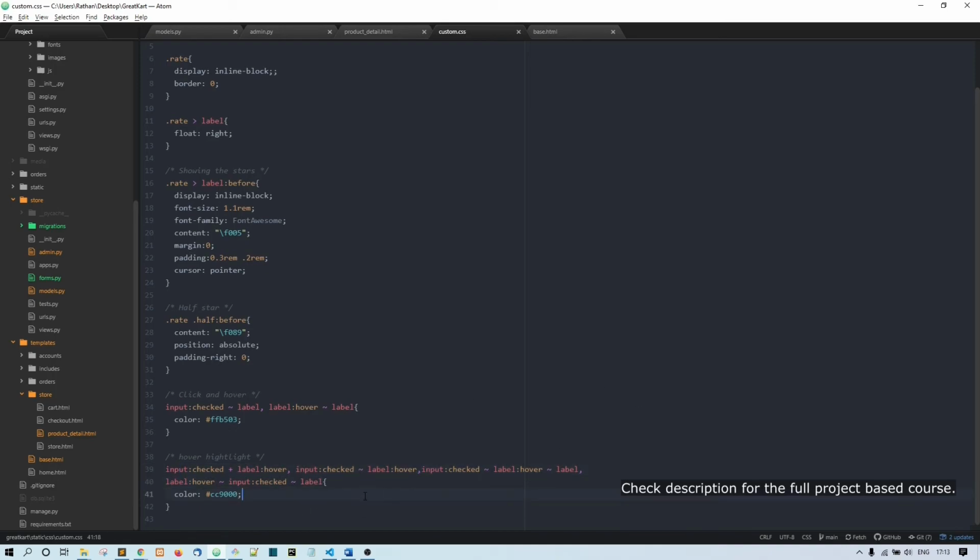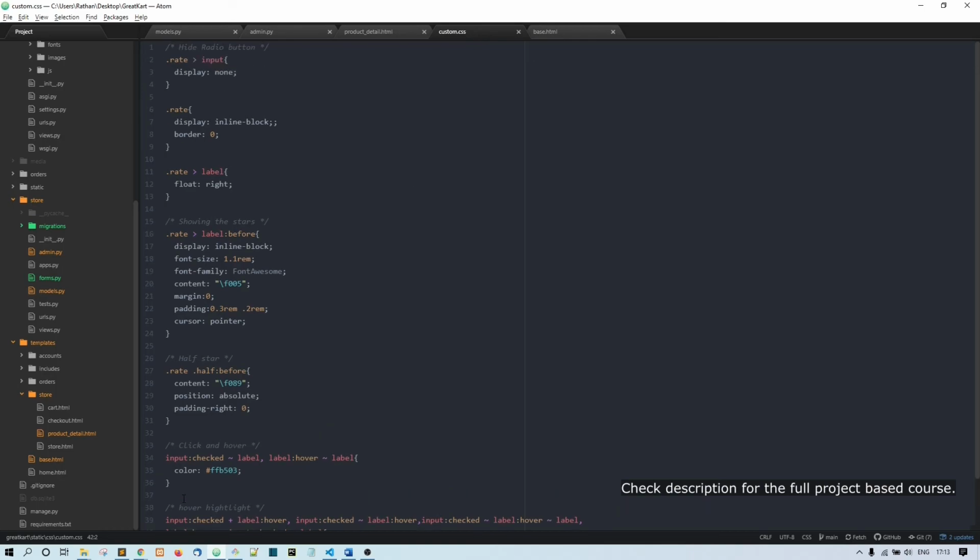If you're not aware of this, just ignore it. Actually I am showing you this because you can use this same star method in all of your projects. So this is not limited to this project. You can just copy the code or save this code somewhere in your notebook, so that in future you can use this star functionality in most of your projects. All right, so that's the reason I'm showing this.